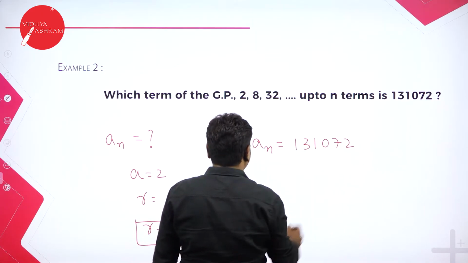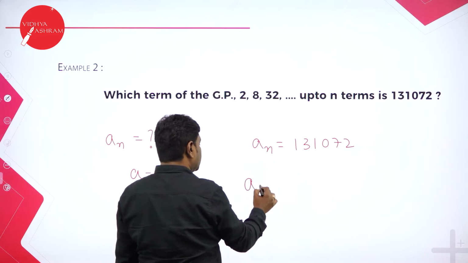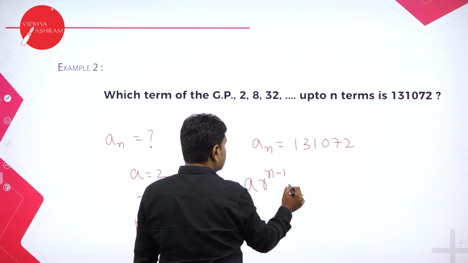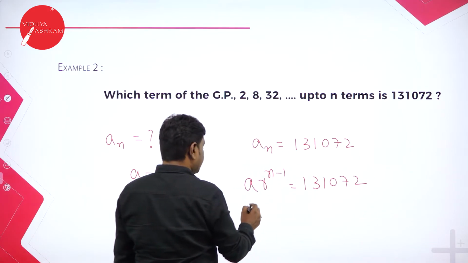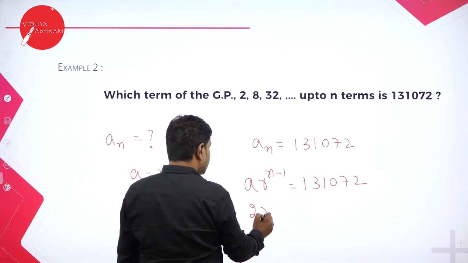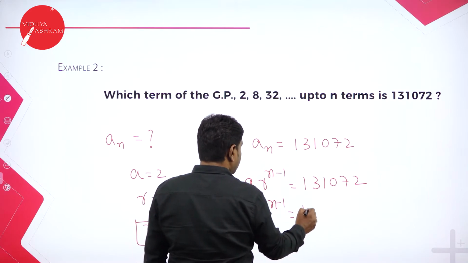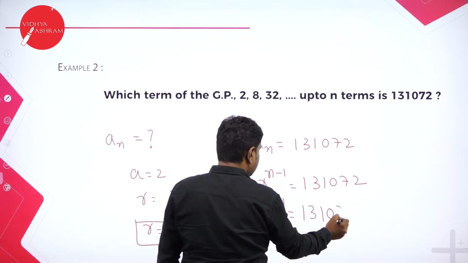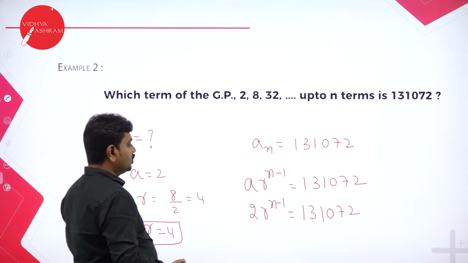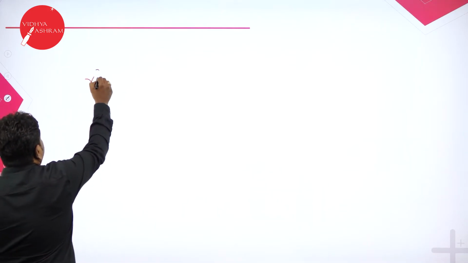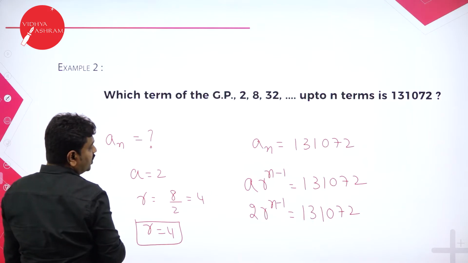131072 they give. Now, what is the AN formula? A into R power n minus 1 is 131072. And all of you know A means the first term, which is 2. So 2 into R power n minus 1 is 131072. And you also know, you transfer the 2 to that side. So R power n minus 1 is equal to